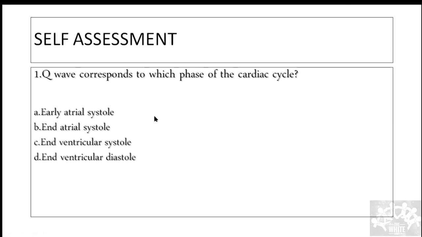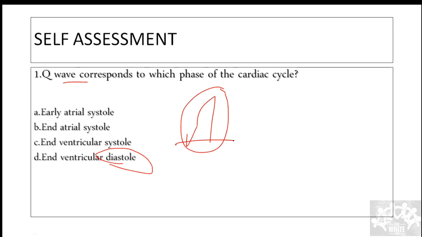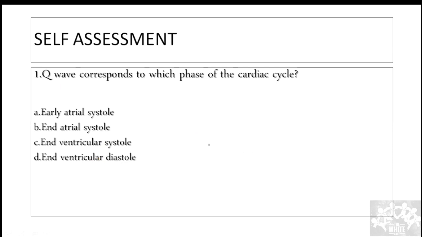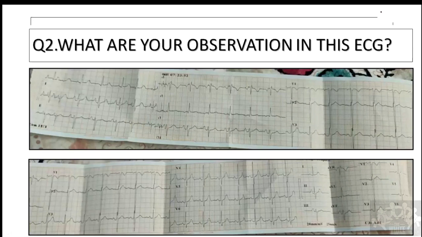Tombstone pattern is seen in MI. Yeah, QA represents the end ventricular diastole, correct. Because after QA, we are going to generate an R wave. If you are generating an R wave, it is going to activate the ventricle. That means there should be ventricular contraction following that. That means at the end of the Q wave, I should have maximum amount of blood in my ventricle. That is the logic. Only then you can pump it.